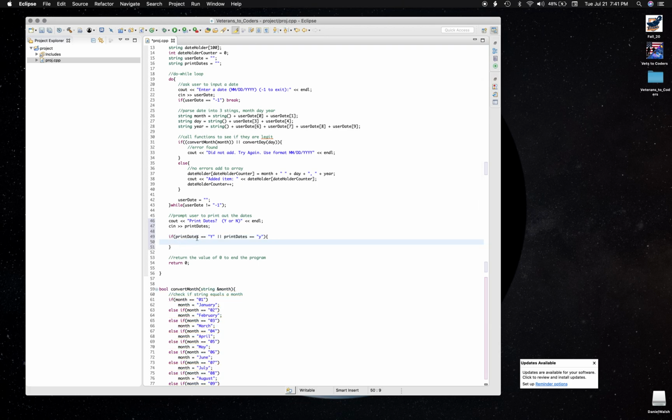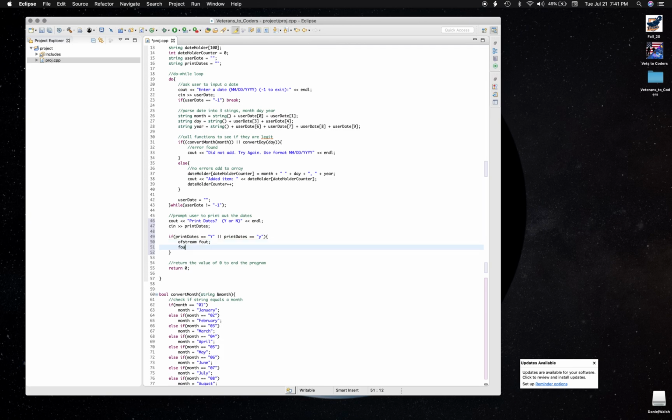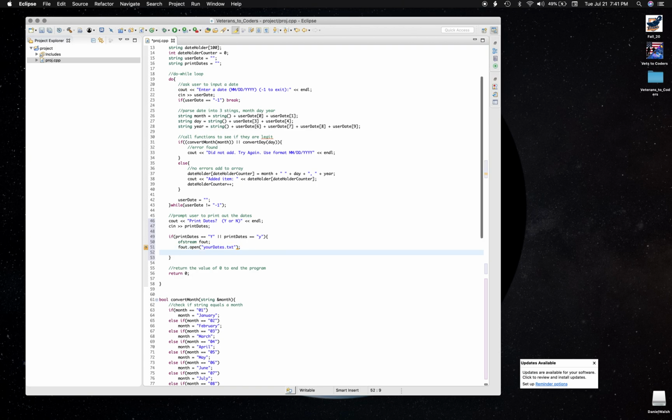We just asked the user for print dates. If they do want to print the dates, then we're going to create an ofstream, and we're going to call it fout. fout.open. This is us creating the file, and we're just going to call it your dates.txt. So we just created that file, and now we need to do for int i equals 0, i is